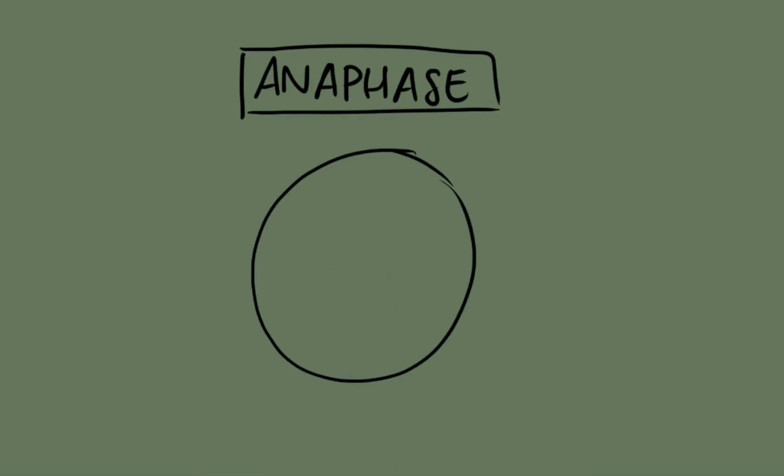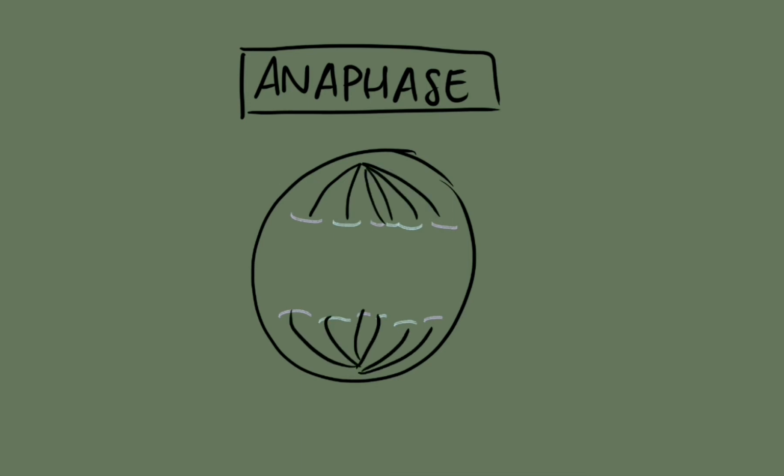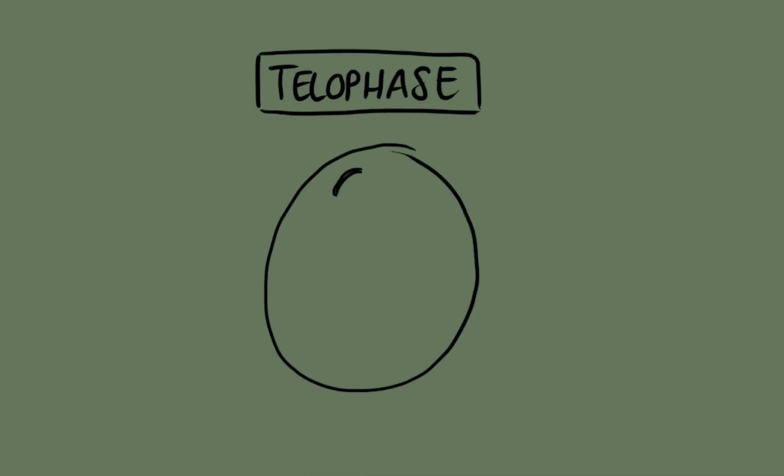In anaphase, the spindle fibers pull each of the chromatids away from each other to the opposite poles of the cell, and they attach to the centromeres, which I've drawn in white. And we remember anaphase because it begins with A and it pulls each of the chromosomes, which they're now called, away from each other. The next phase is telophase, and the nuclear membrane basically starts to form at each of